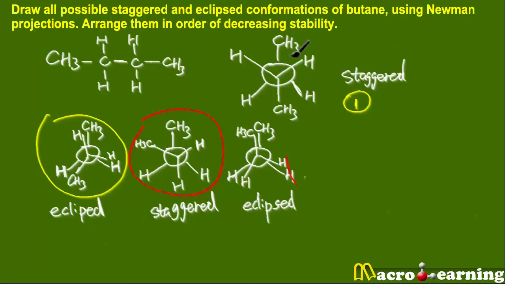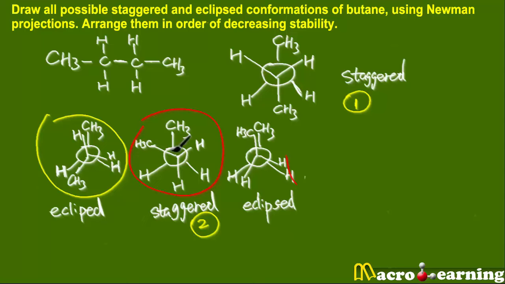Because these two big methyl groups are farthest away from each other, as far away as possible, so the energy is minimized. So this is the least strained conformation, so it's got the highest stability, most stable. So the next one obviously is going to be this,